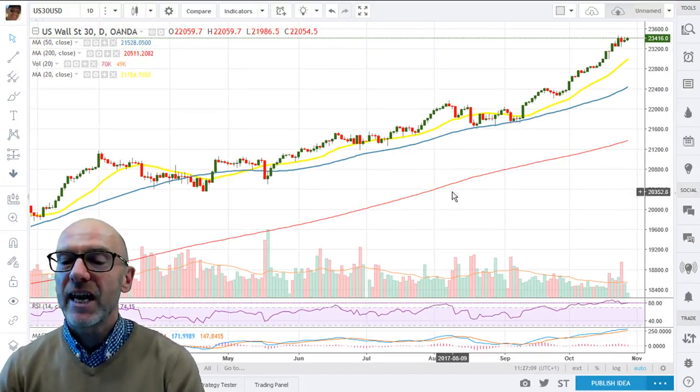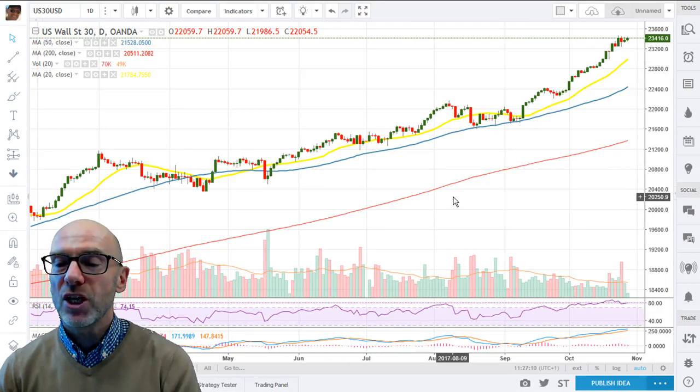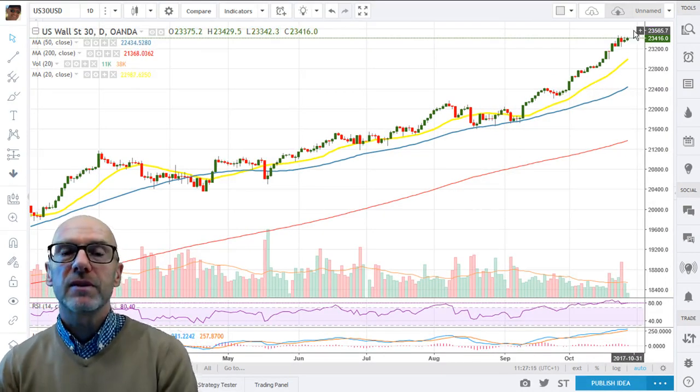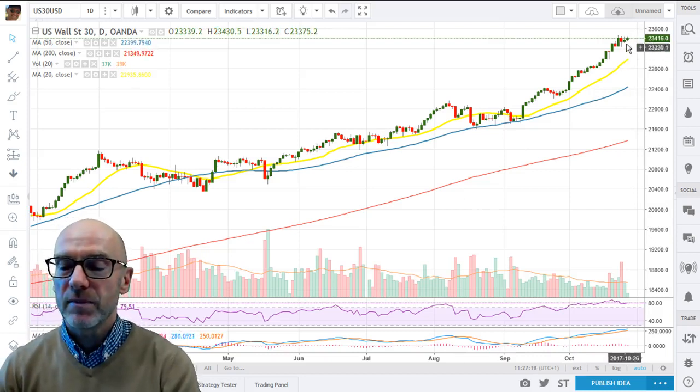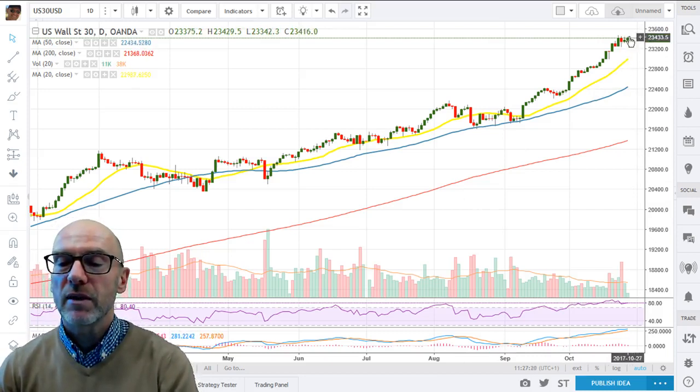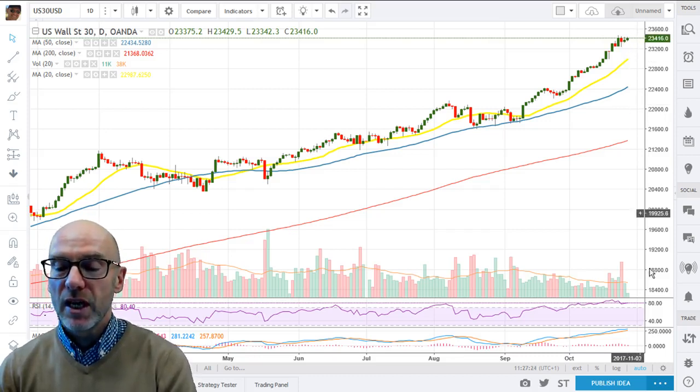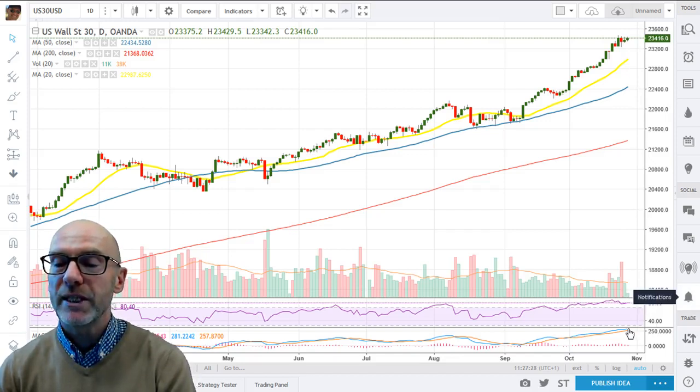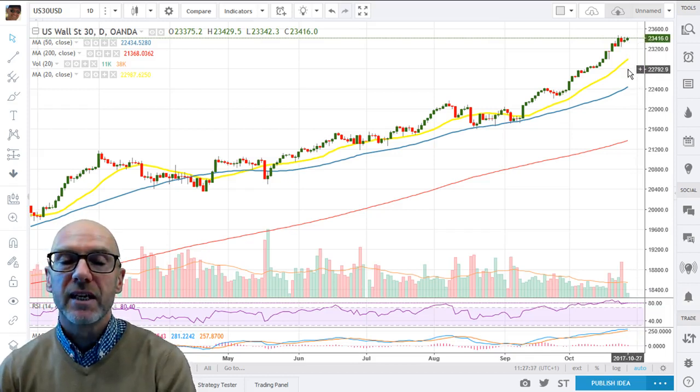Moving on to the US and the indices. This is the Dow Jones. You can see we're in a solid uptrend. Don't trade against it. Perhaps we are marginally overextended away from the moving averages, but still very solid momentum. RSI above 80.4, MACD still positive. It would really take a move below the 20-day for this trend to be broken.